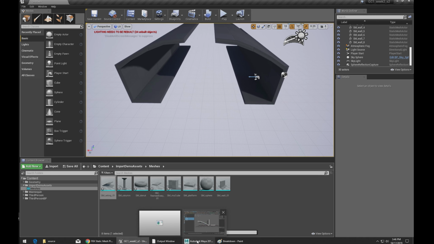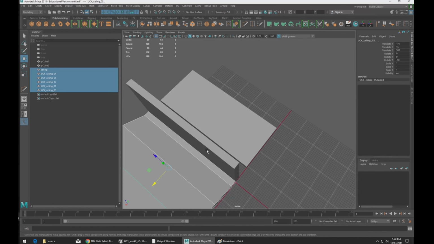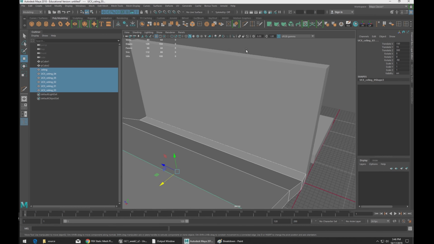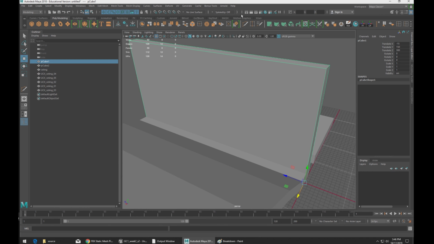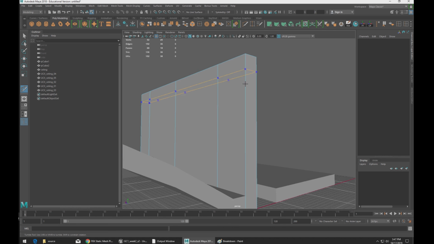I can just go ahead and, oops, I'm going to crash Maya. I can blow away these chunks, grab these edges, and just close this up. And even though it's just a simple incremental change,